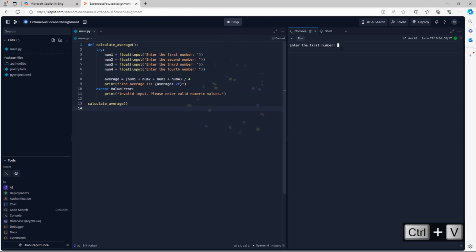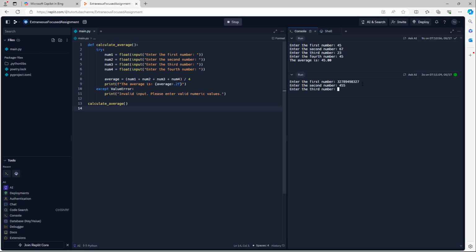So once I do that, here it says enter the first number, as you can see right here. So I'm going to say 45, and second is 67 and 23 and 45, and there you go, the average is 45. Run again right here, and let me give it a bigger number right here,